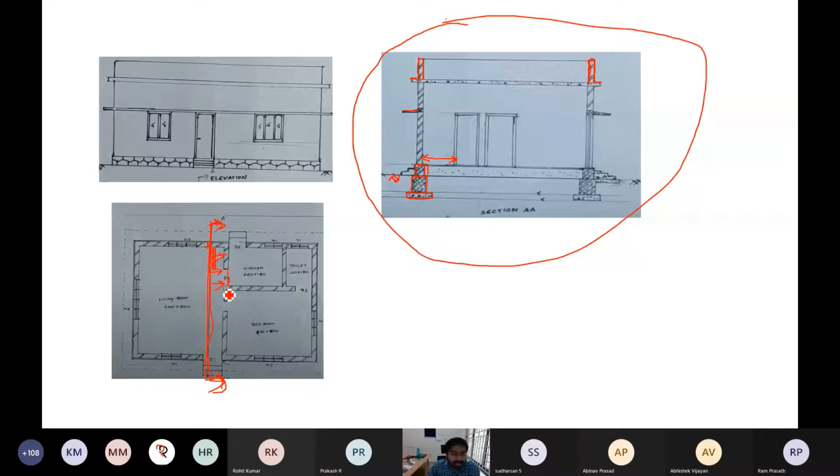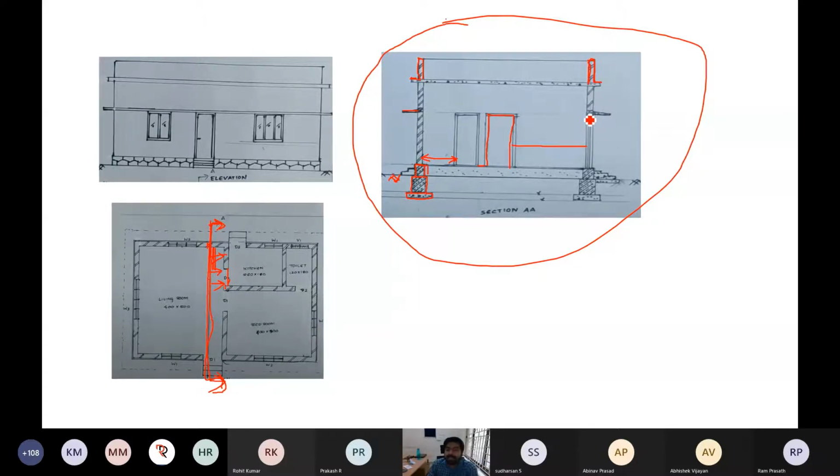After the door, you can see the wall is coming. So you have to make a 20 centimeter gap. After the 20 centimeter gap, another door is coming that you can draw. Another door you have to draw like this. Okay, that is what is visible. After that, the wall is coming, nothing is there. Then after that, what is coming? Next wall is coming.